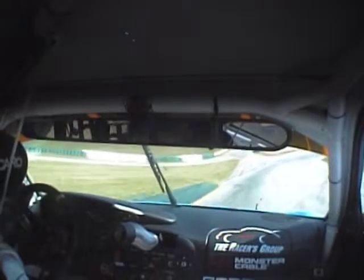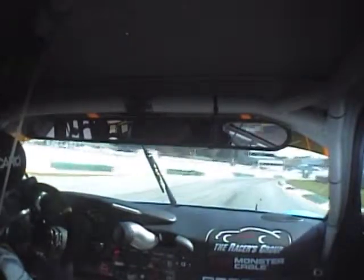steep roller coaster here. I want you to be right along the curb, and the white line on the left side here, I want it to just start bending away before you turn in and get into the inside of this apex here. The apex is just around in the middle of the corner, nothing crazy, but do not use those apex curbs. You can use a little bit of this exit curb, but don't leave yourself such a small